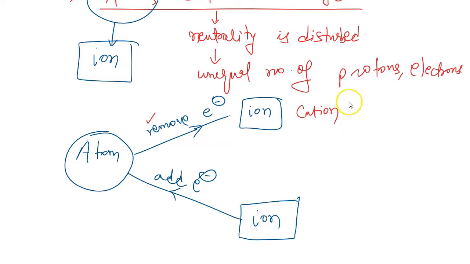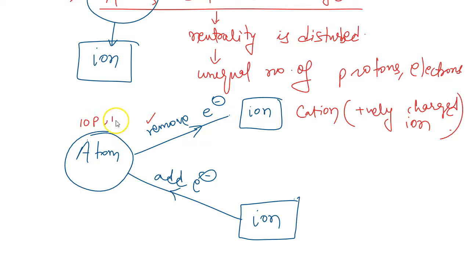This is a cation, a positively charged ion. Why? Just take an example: 10 protons and 10 electrons were there, so initially the total charge is 0. You remove 1 electron, so 9 electrons and 10 protons are there. 9 electrons and 9 protons will cancel and 1 proton will be in excess,